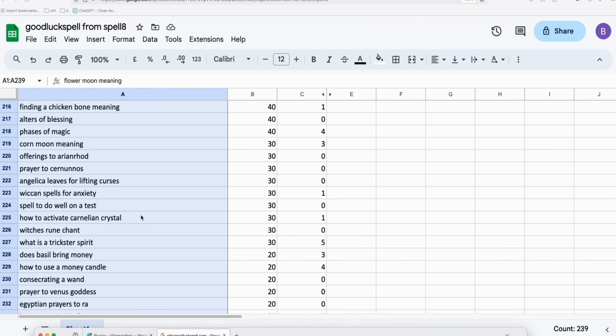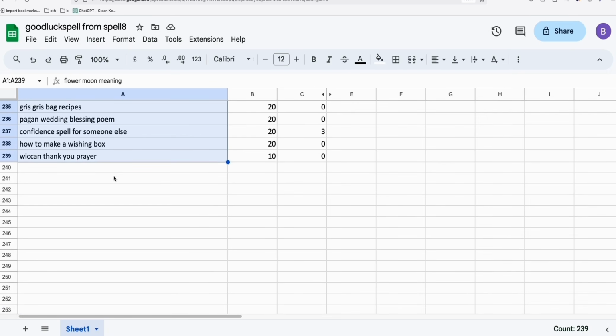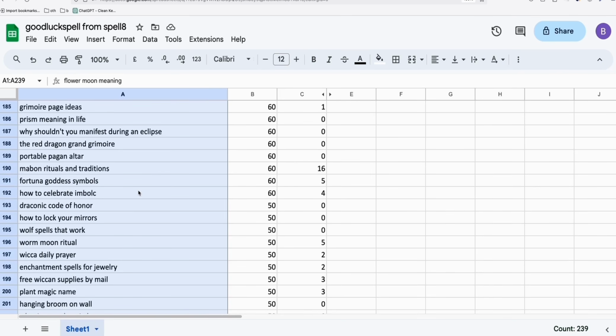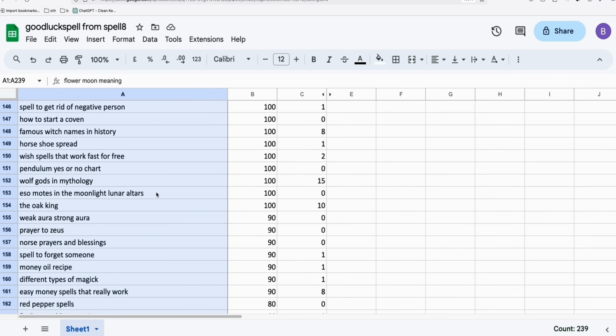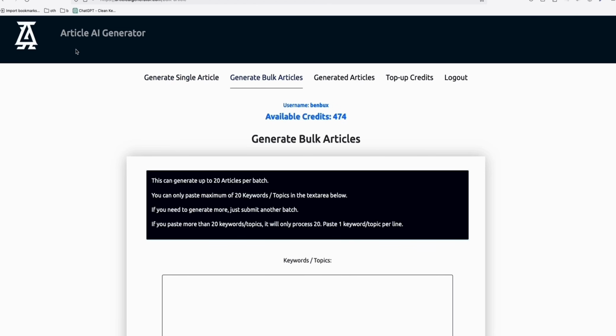Google will consider your website spammy, or an AI-generated content website, which is a red flag in Google. But in this method, since we are using a brand new, newly registered domain, we can publish these 239 blog posts or keywords all at once. Then we will monitor this continuously and see how long we can get organic traffic from these 239 keywords. Okay, so to begin that process, I'm going to open the